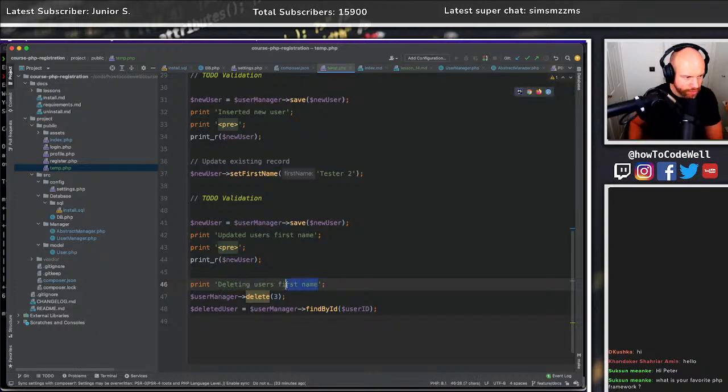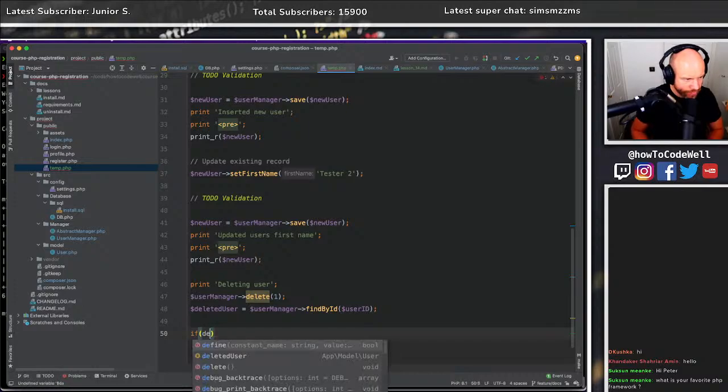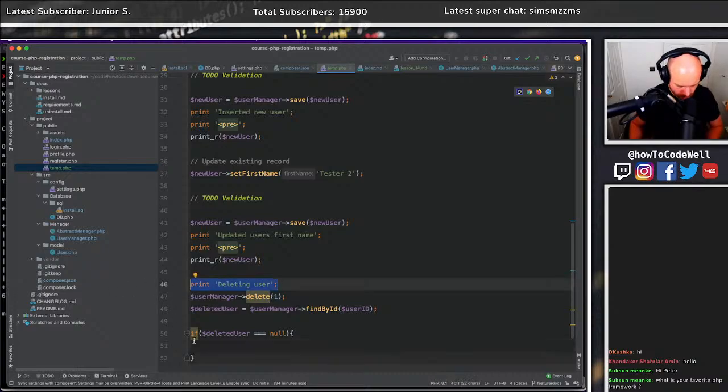In fact, we probably need to delete the first run. Okay, so deleted user, and then what we could do is just throw in a little if statement. So if deleted user is equal to null, then we would print to the screen